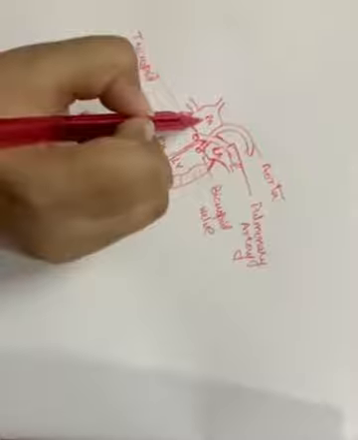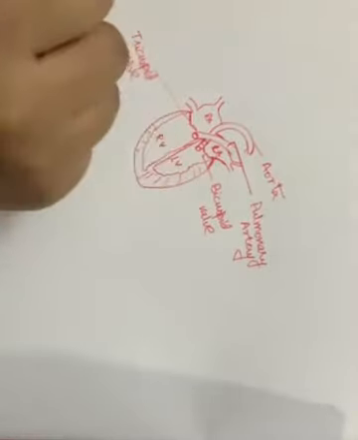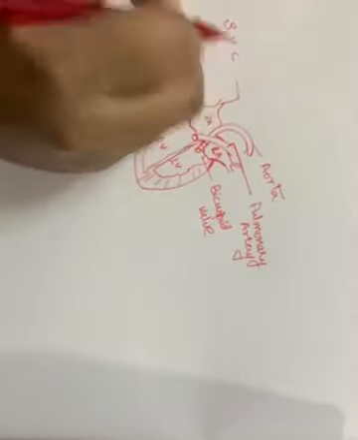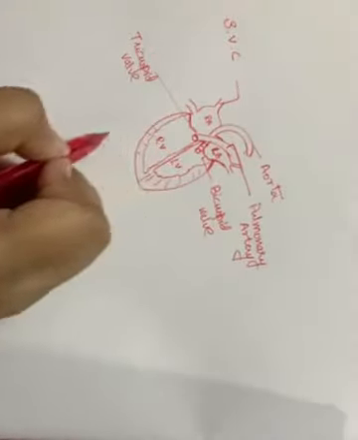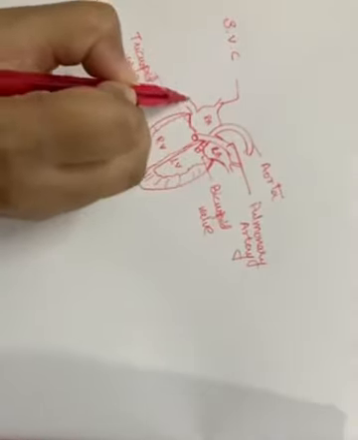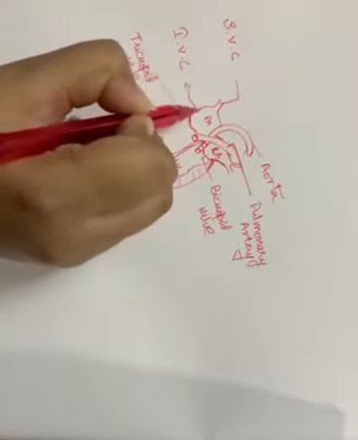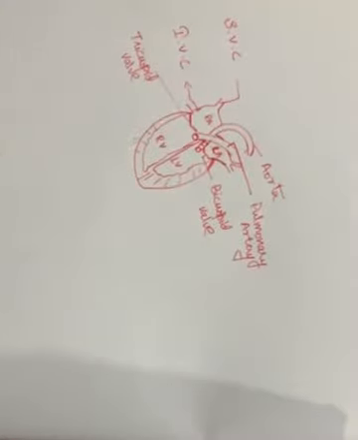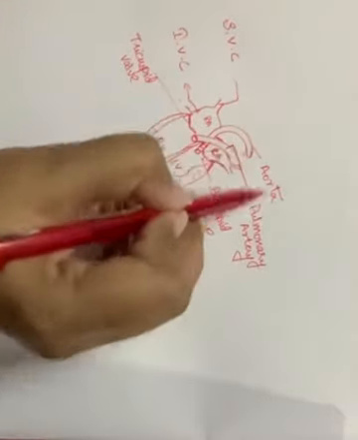Okay, this chamber we have already seen, this is the right atrium. So the right atrium is receiving the blood. This one is the superior vena cava, and this one you can draw here or in the lower side also, it's up to you, but I have drawn it over here. This is the inferior vena cava. Or you can complete the chamber and draw the vena cava here also, but you can draw it in any way. This is inferior vena cava, superior vena cava, inferior vena cava, aorta, pulmonary artery.